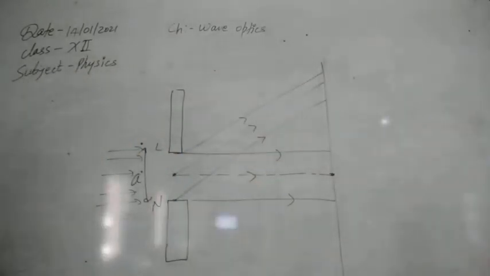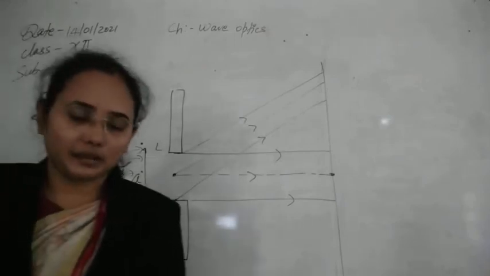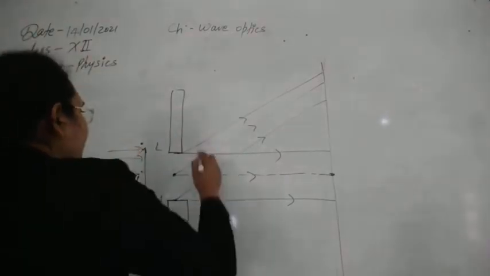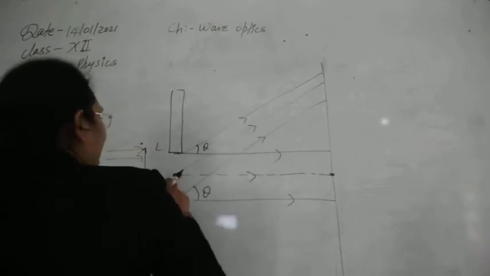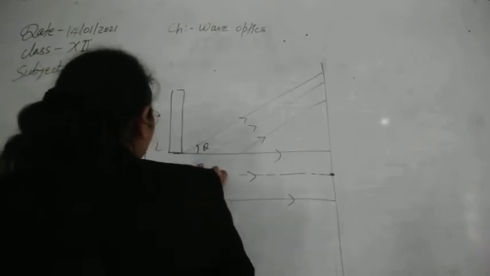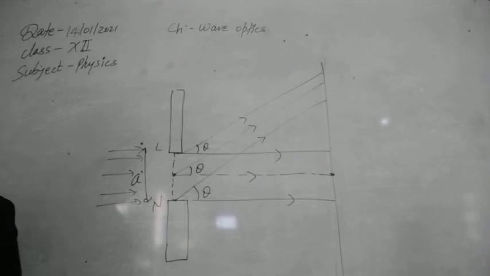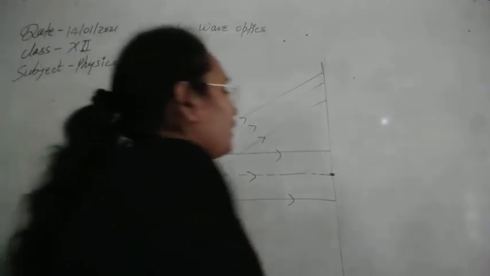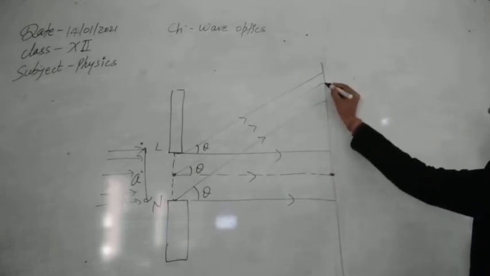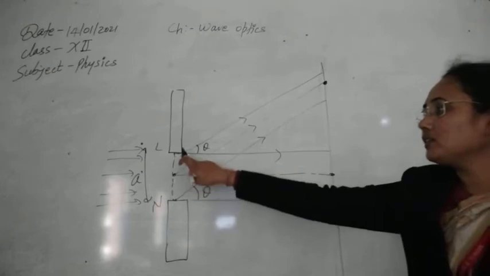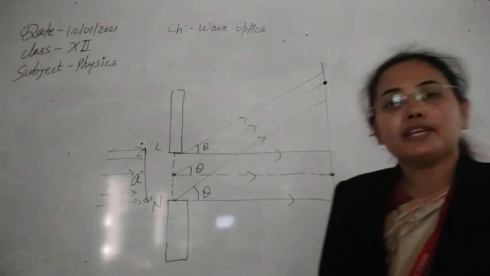Now we have taken two directions here, but there can be any number of directions. Suppose the wave that is bent is bent at angle theta. All the angles that we have taken are now theta. First of all, to understand the condition for diffraction, we are going to suppose only the wave that is coming from this central point. Actually the wave is bent from these two edges. We have taken this point only for the simplification of the problem.